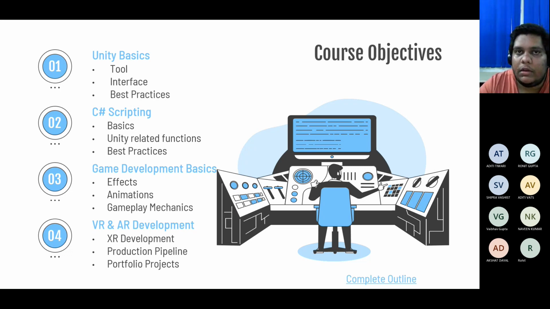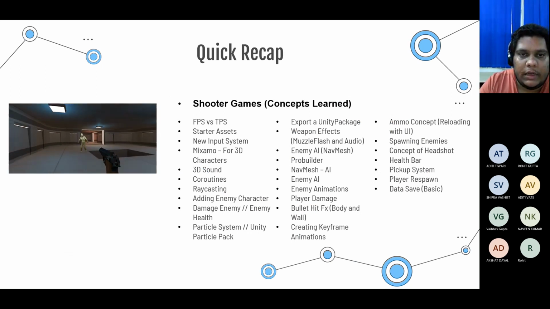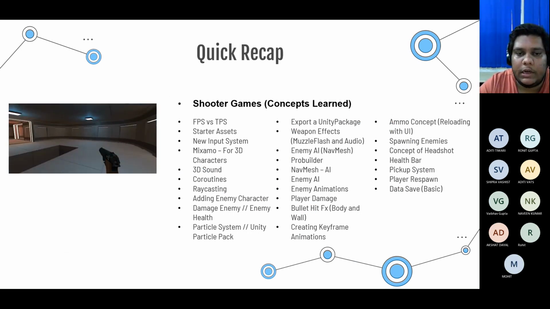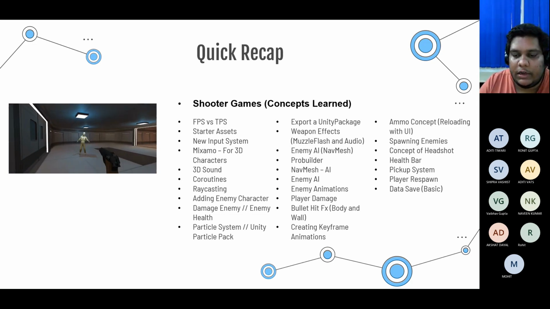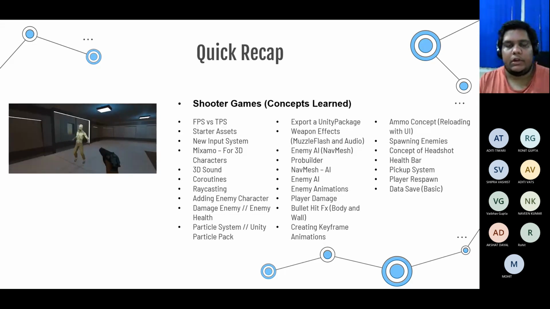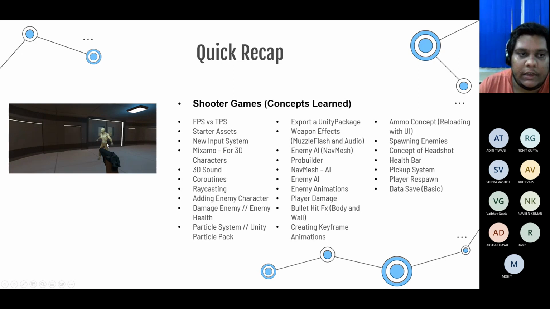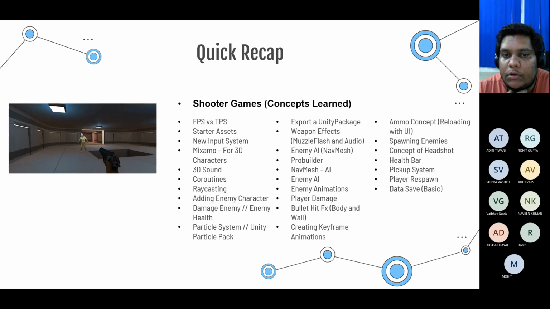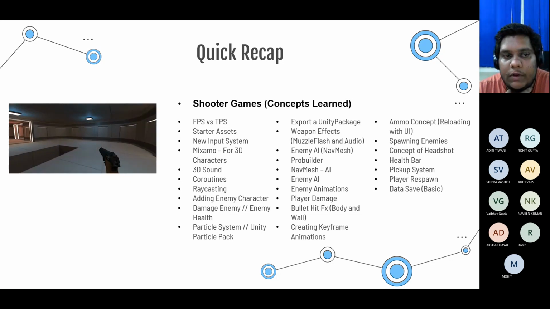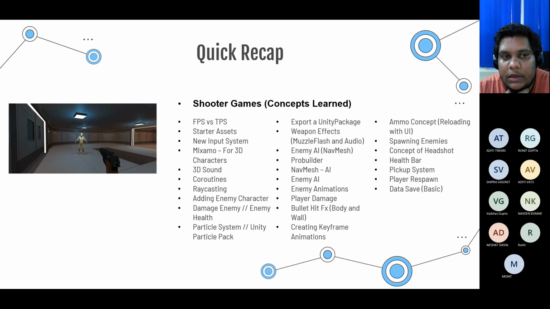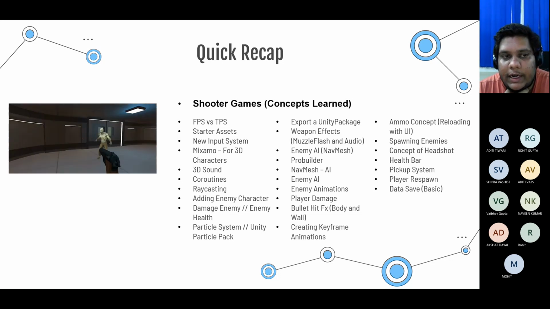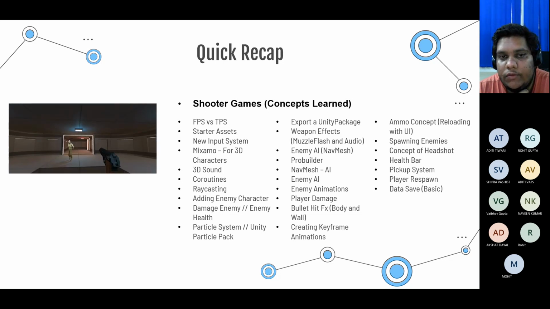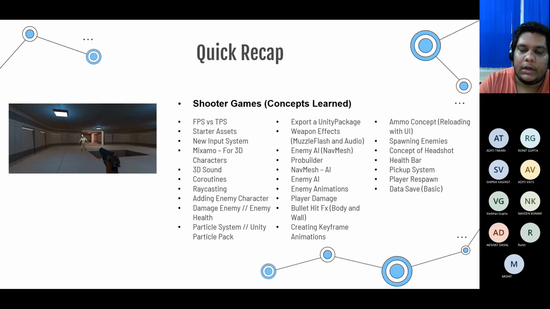But before we move on there, we'll do a quick recap today of what we have learned. I'll walk you through what we have made, and then there are some important topics that we did miss studying. So we'll quickly go through one or two of those topics, and then we'll move on to AR and VR development, starting with that today. So the remaining sessions, there are 8 remaining sessions. I'll try to make it 4 AR and 4 VR.